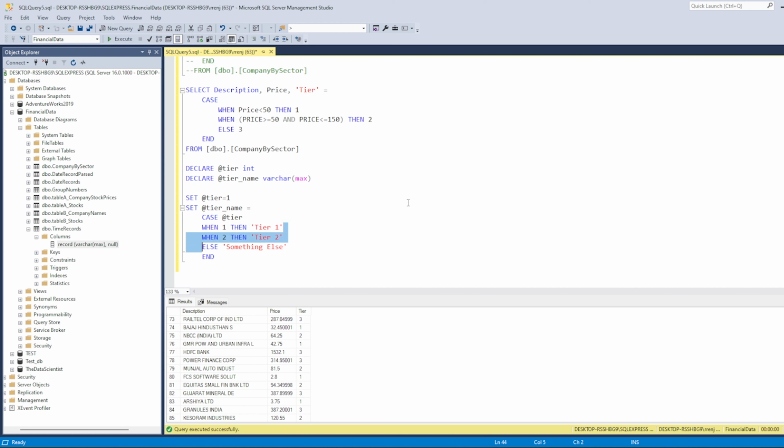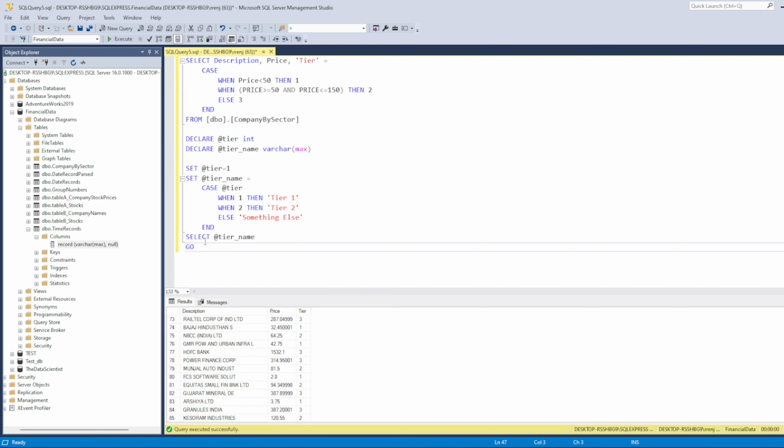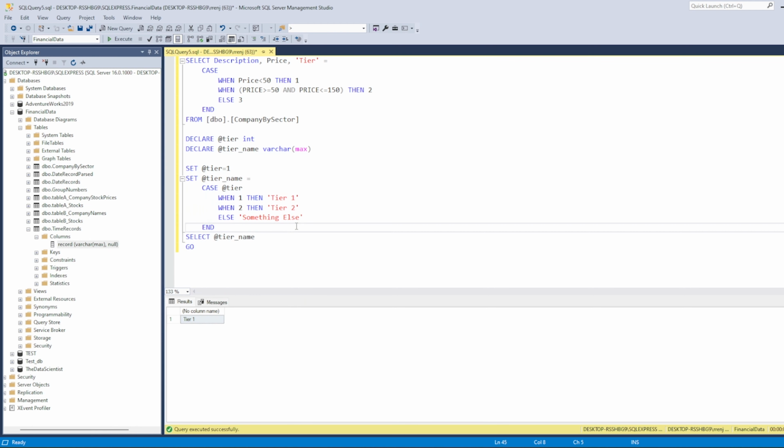It's not mandatory to make it uppercase. I'm just doing it for the sake of understanding, it would be much better. So then let's select this tier name. I would say SELECT @tier_name, and let's go. I think this should work. Okay, so we have tier 1. So what we did, we have 1, then it is tier 1, then we have 2, tier 2, and if it is something else, let's say if it is 10, then it will come as something else, right? I just added this to understand it. But this is all in